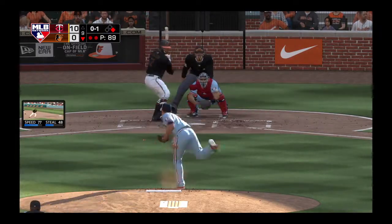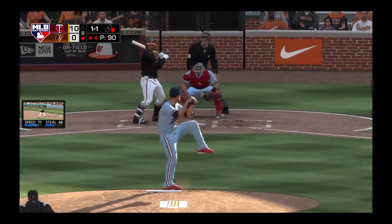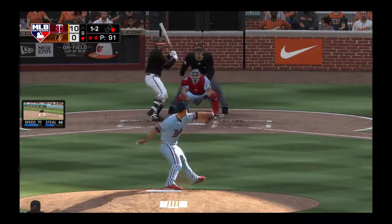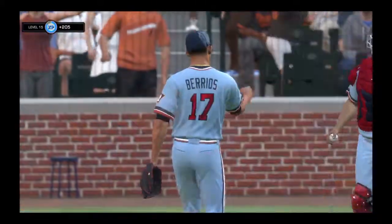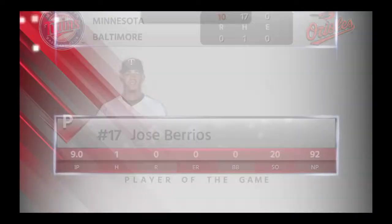No balls and 1 strike. Now a fastball off the plate away, a ball and a strike. And that's taken for strike 2 as now they're down to their final strike here this afternoon. Swing and a miss. He struck him out, and that'll do it here as the ball game is over. 10-0, the final shutout score in this one. Minnesota put on a show with the bats, collecting 17 hits in the game. Jose Berrios gets the win on the